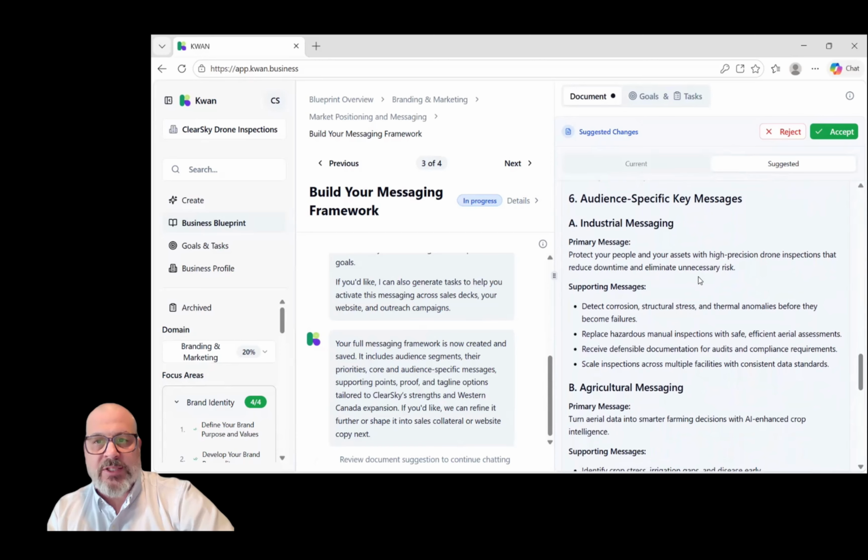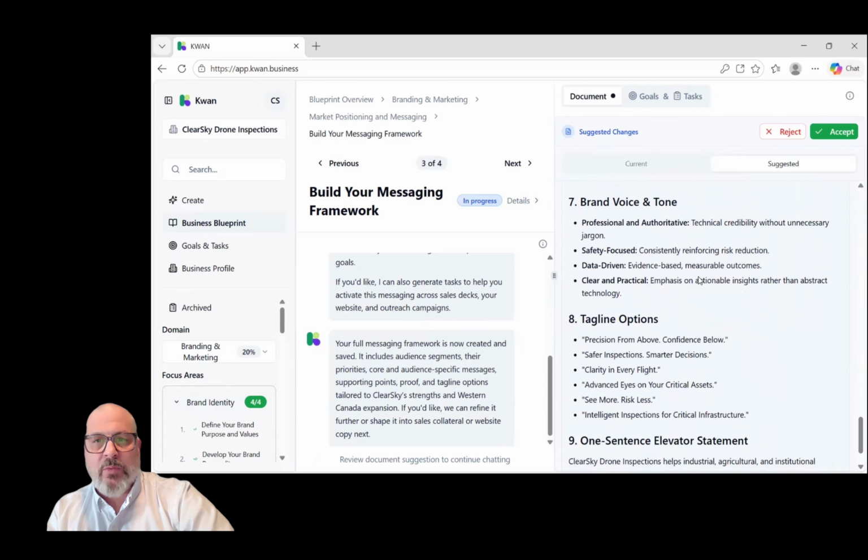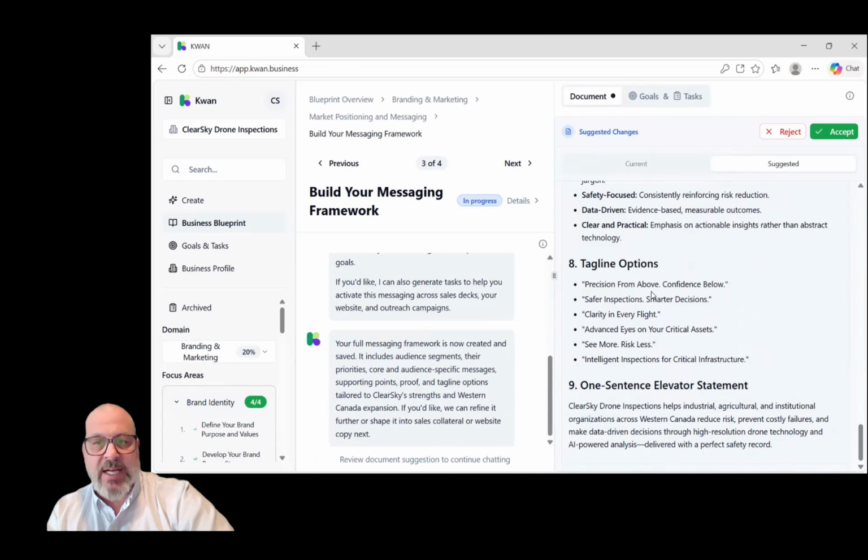We have our audience-specific key messages, which we just went through. We talked about our brand voice and tone. We've got some tagline options. I won't get into these. That would be essentially another marketing activity. But it does follow up with a one-sentence elevator statement,